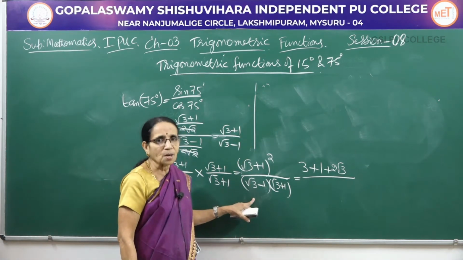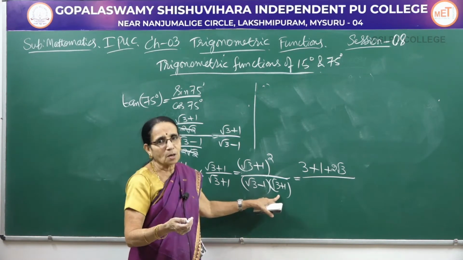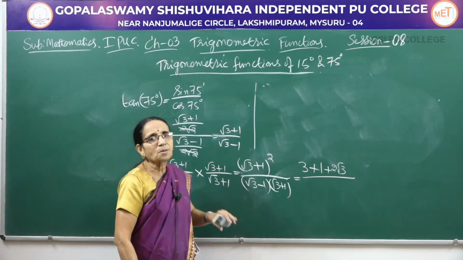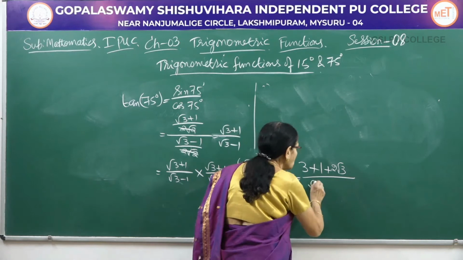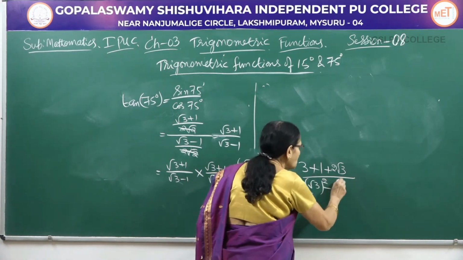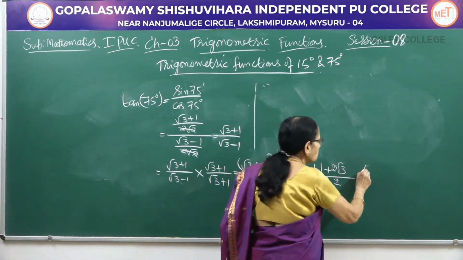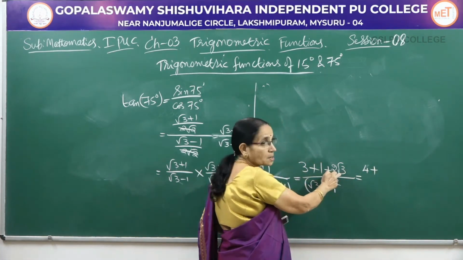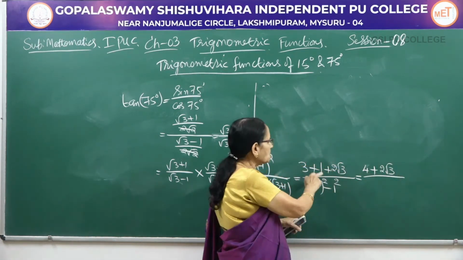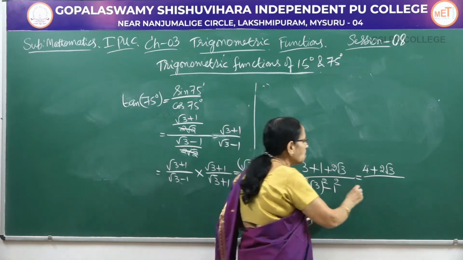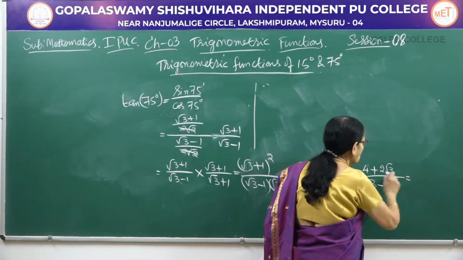For the denominator, same thing. A minus b into a plus b, I am using another algebraic formula. A minus b into a plus b is a square minus b square. A square means it is root 3 the whole square minus 1 square. Now simplify the numerator. 3 plus 1, 4. You cannot add that one. It is an irrational number which has to be written as it is. Only the rational part you can add. Root 3 whole square is 3 minus 1. Now 3 minus 1 is 2.